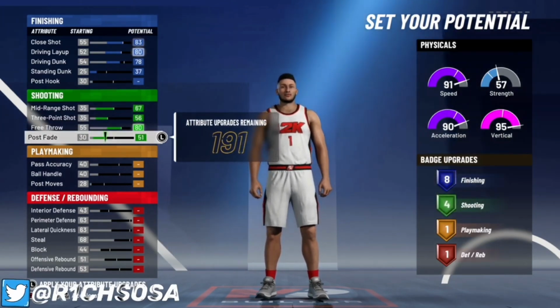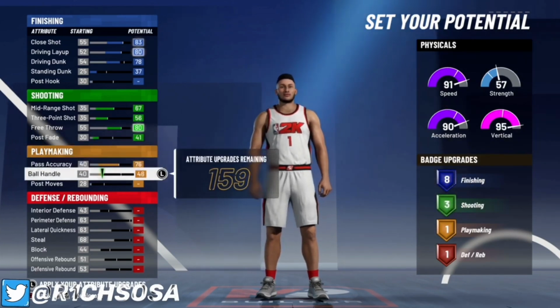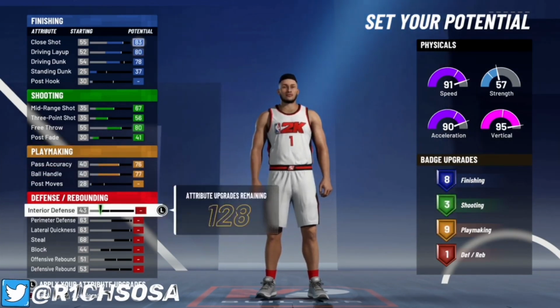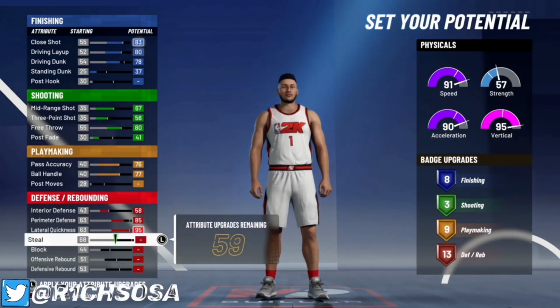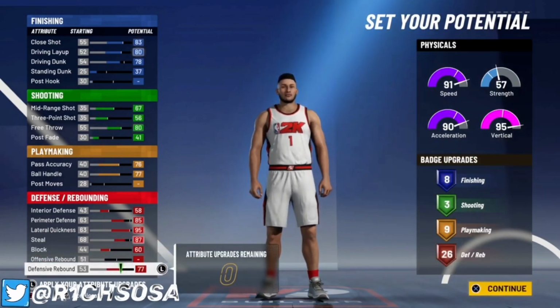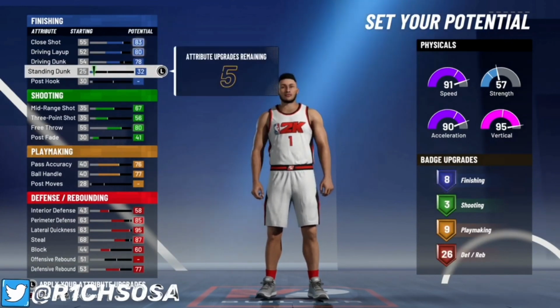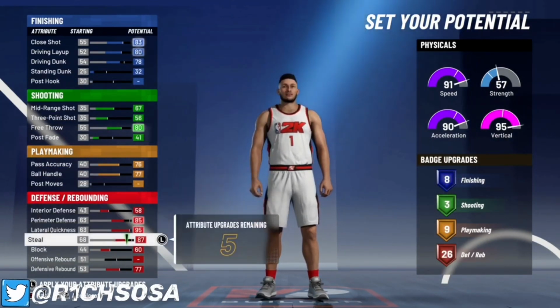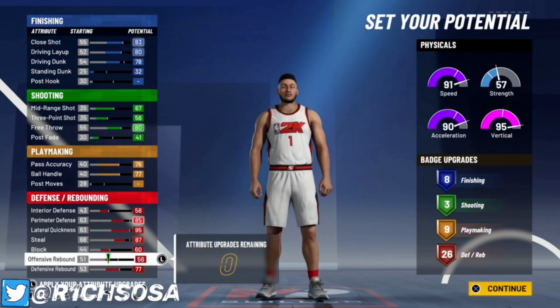As you can see on the finishing side of things, we actually get 8 finishing badges. Then when it comes to the shooting, we actually get 3. On the playmaking side, we're going to be able to get 9. And then when it comes to the defense, we are actually going to be able to use the rest of these stats on this particular area. So we're going to be able to get 26 defensive badges, y'all. As you can see, the setup is really nice and balanced. If you want to, feel free to change it, go ahead and do so, but you do risk changing the